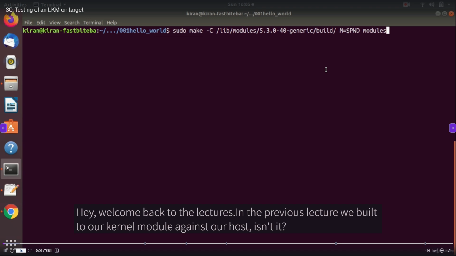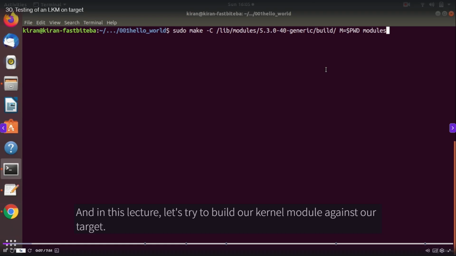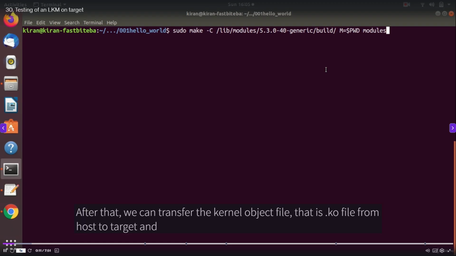Hey, welcome back to the lecture. In the previous lecture, we built our kernel module against our host, isn't it? And in this lecture, let's try to build our kernel module against our target. After that, we can transfer the kernel object file, that is the .ko file, from host to target,